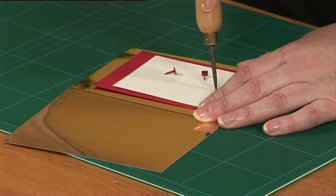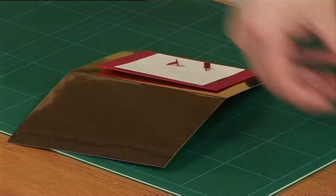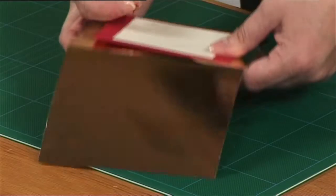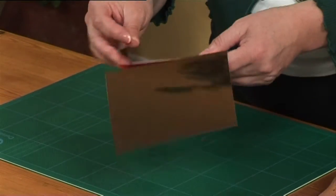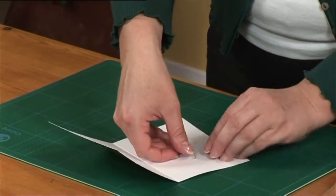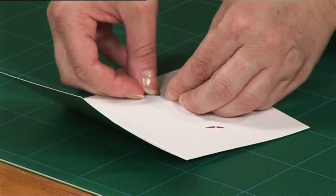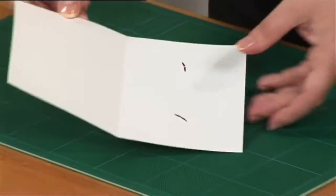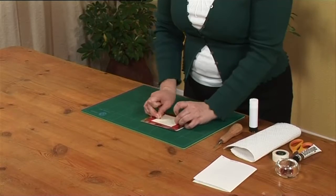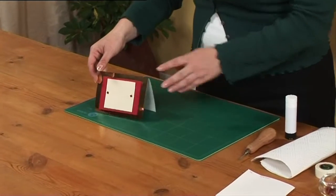Now push quite hard through because you want to make sure it goes through all 3 sets of card. And then lovely. Now we just have to pop the little brads through and then splay open the prongs to secure your card, like so. The card is now ready to put